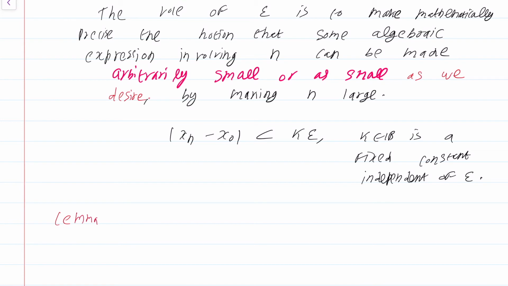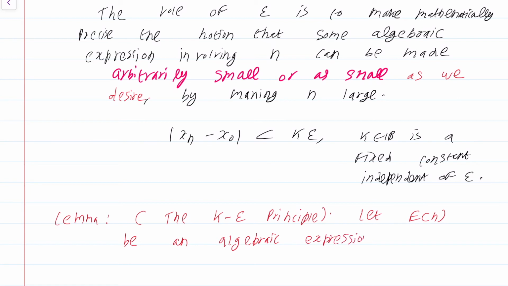Lemma. This is called the K epsilon principle. Let E of n be an algebraic expression that involves n. If you are not very satisfied with this particular phrase, you can just say E is a function from the natural numbers to the real numbers. Suppose E of n is less than k epsilon whenever